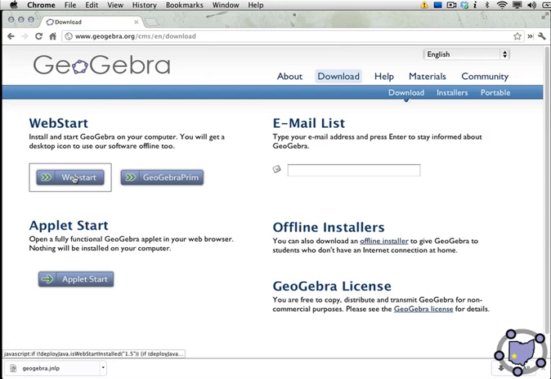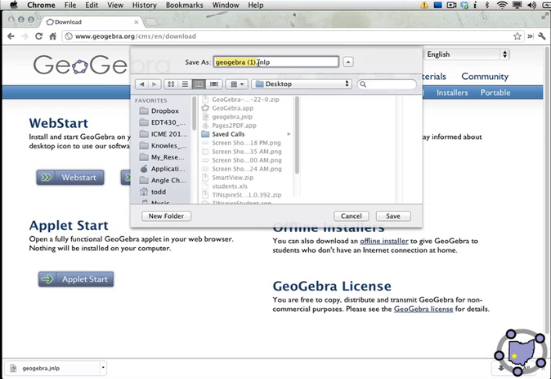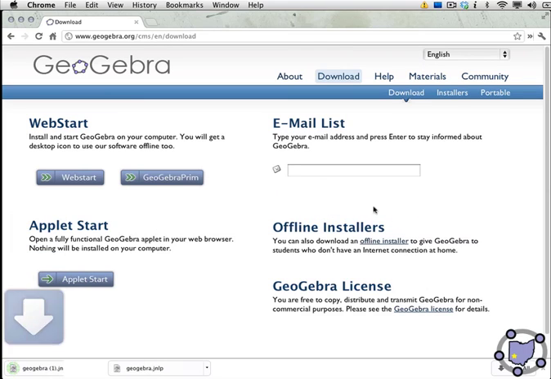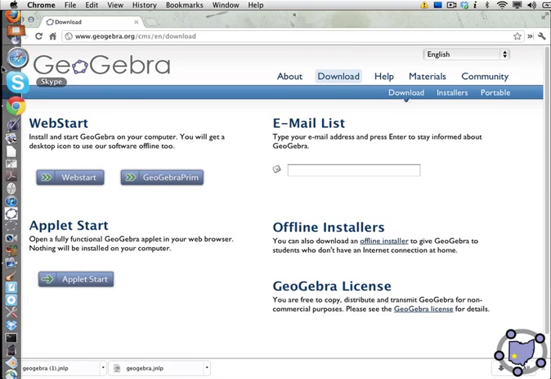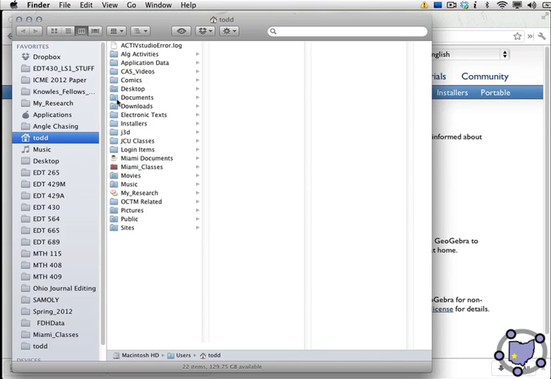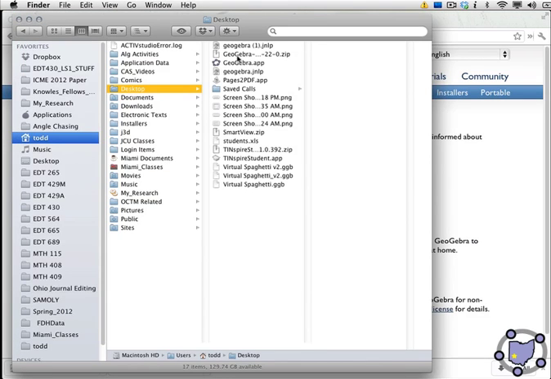Second option is something called WebStart. What WebStart does is it downloads a version of GeoGebra that always updates itself. So by clicking on WebStart, you're going to download this Java file, JNLP file. I'm going to save this one to my desktop. When you launch it, right here,